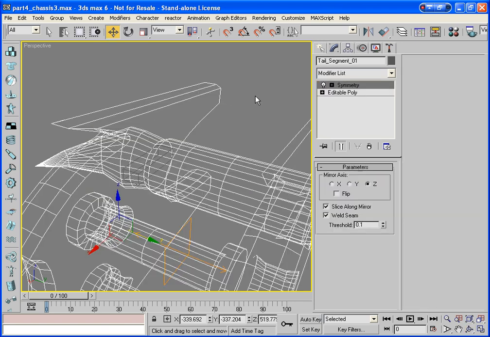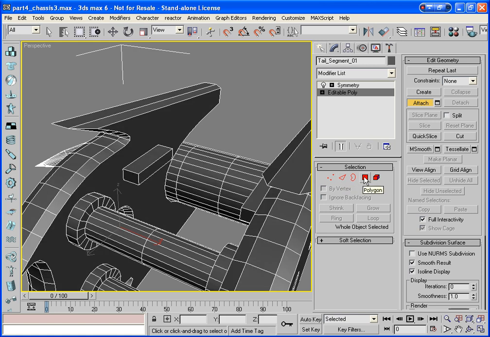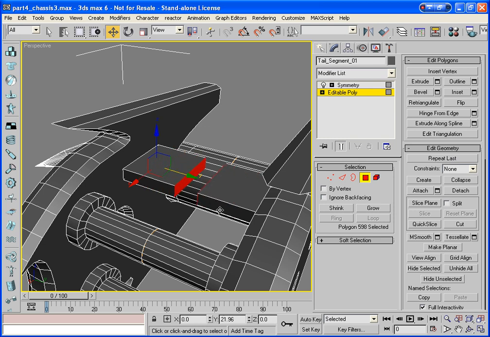Okay, and I want to attach that box now. So F3, and I don't even need to extrude, I can just drag till they intersect in the middle, just about there, and delete. Now the reason I built this section is because I'm going to be making use of the hose